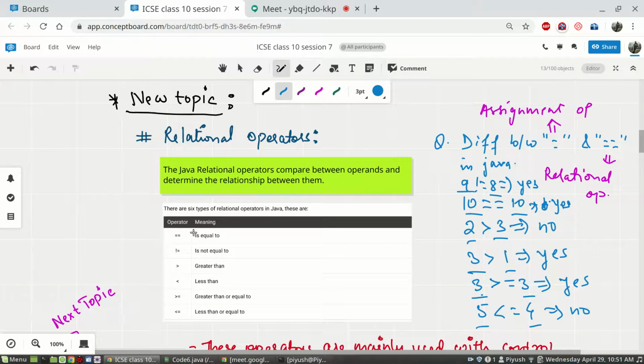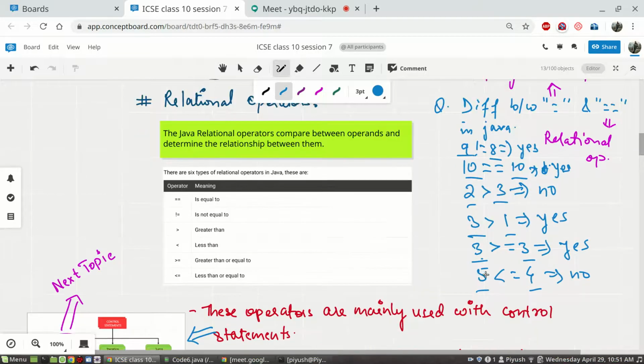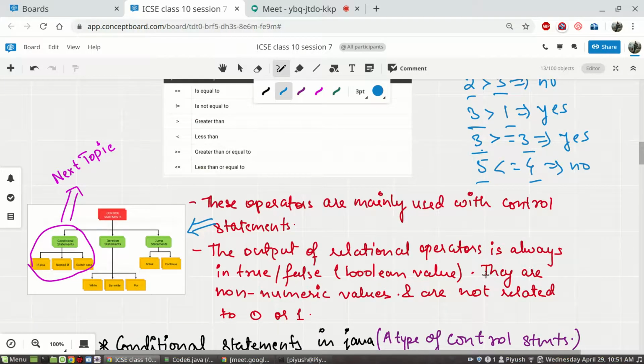Always remember that I have written yes and no, but answer is always in the form of true and false. Now what are true and false? Just like integer, float, double, these types of data types, true and false are also another data types in Java, okay, which are known as Boolean types.